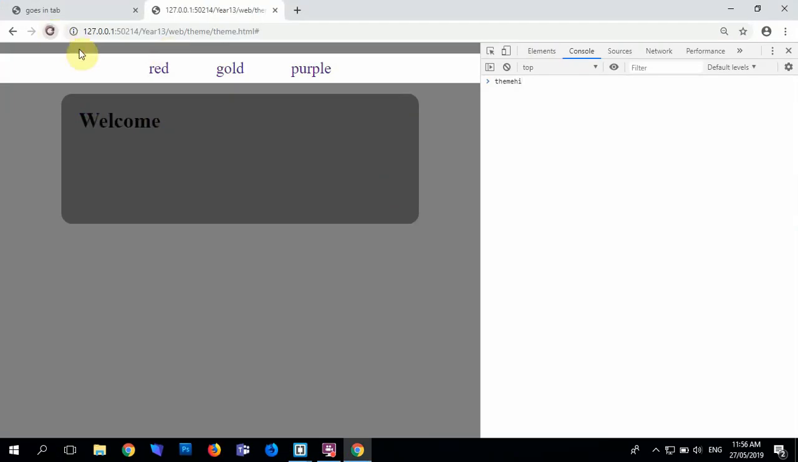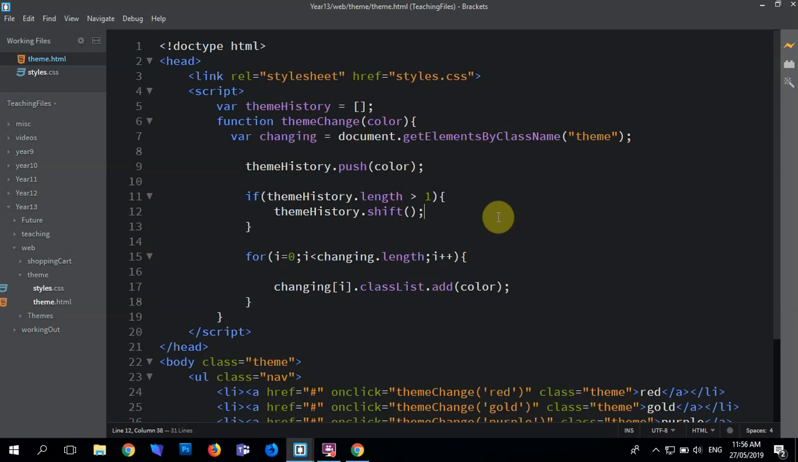So let's try this again then. Gold, red, there. Purple was the last one I clicked in there. Purple is the only one I'm seeing. Right, so I'm remembering the last one. I probably need to remember 2,